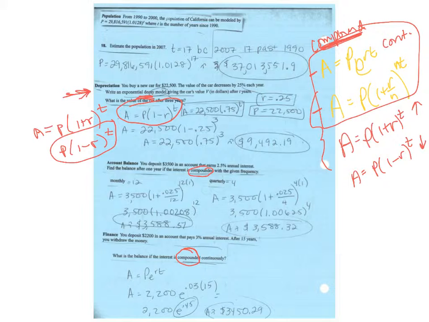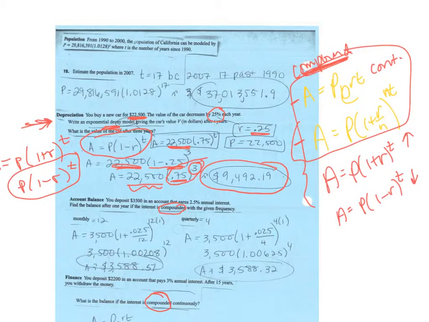So P is the principal, the starting amount, 22,500. Then it's 1 minus R. Remember though, in your R spot, you wouldn't put 25. You have to move the decimal 2 to the left, so that's why we plug in 0.25. 1 minus 0.25 is 0.75, so we have 22,500 times 0.75 raised to the third power, 3 years. Make sure you do 0.75 raised to the third first, hit enter, then multiply by 22,500. It's roughly